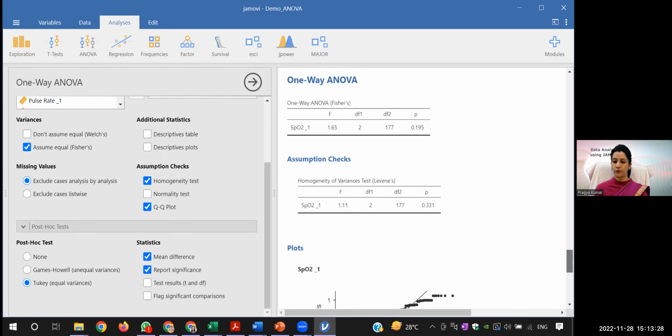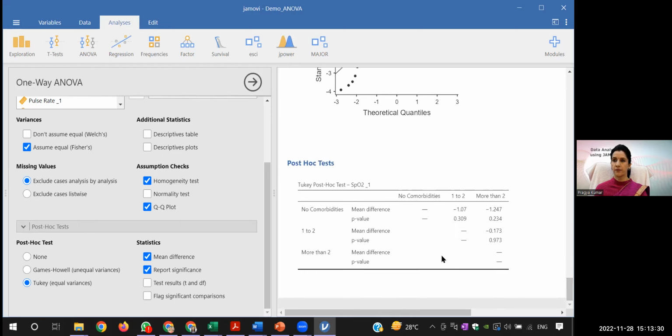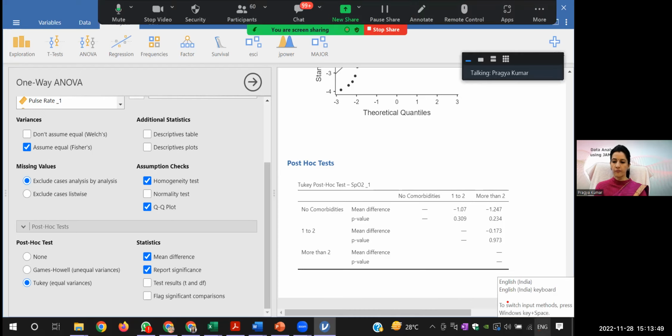And then if you do so, you will get a box like this. Since the overall ANOVA was not significant, you will not get any significance here. It tells you the mean difference. How to read this table? You will go like this. So this value tells you the difference between a group which is